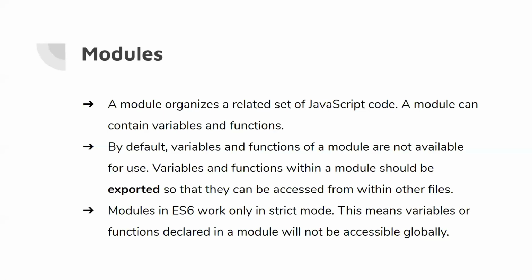So here what it means is, if you're writing a module, inside it we will have variables, functions and various methods which you want to use. If you want to use them somewhere else, outside that particular module, then you have to export them from that module and import them in the module where you want to use them. Only if you import a module can you have access to the functions and variables inside it. Modules in ES6 work only in strict mode, remember.